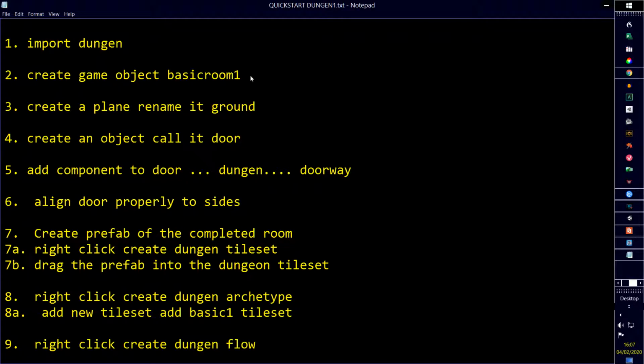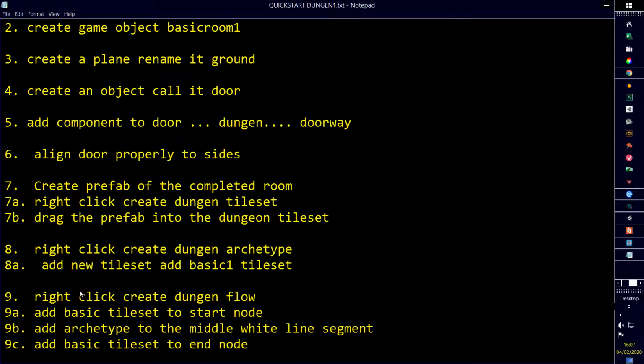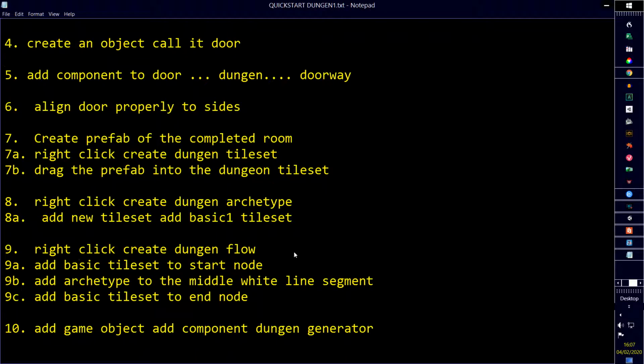We're going to create a game object called basic room 1, create a plane, rename it ground, create an object, call it door, add component to door, dungeon doorway to make it into the dungeon doorway, align door properly to sides, create prefab of the completed room, right click create tile set, drag the prefab into the dungeon tile set, right click create dungeon archetype, add new tile set, add basic tile set, right click create dungeon flow, add basic